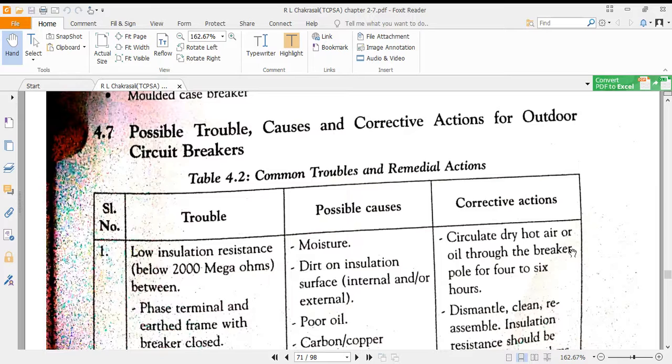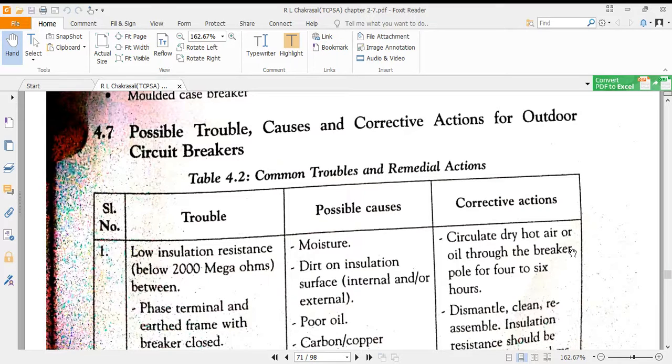Third cause, maybe there is a disconnection in the wire. Fourth cause, maybe the switch is faulty. Fifth cause, maybe the switch is not properly put on, it is in the middle position, neither off nor on. These are all the possible causes, depending upon which we need to take actions. We have to check all these things and make corrective actions.